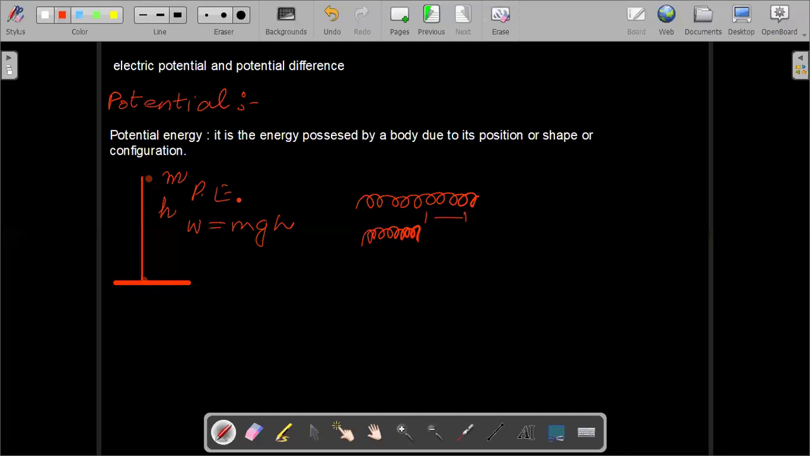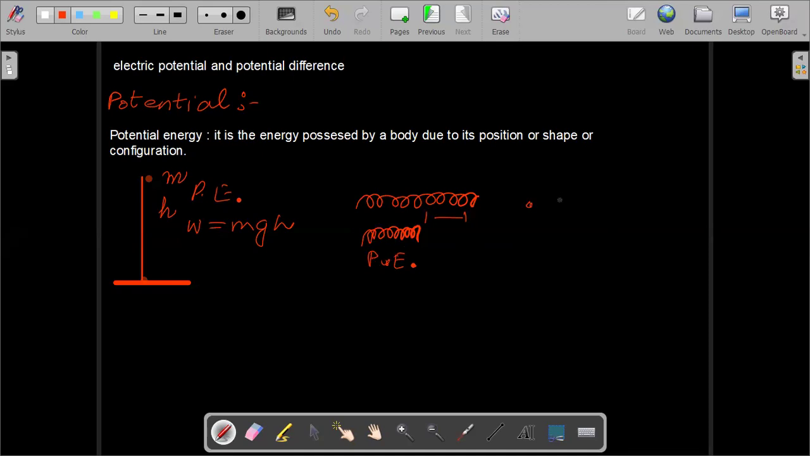Which type of energy does the spring possess? Elastic potential energy. Yes, the spring also has a potential energy. What about